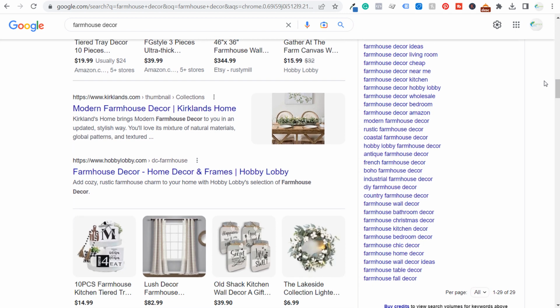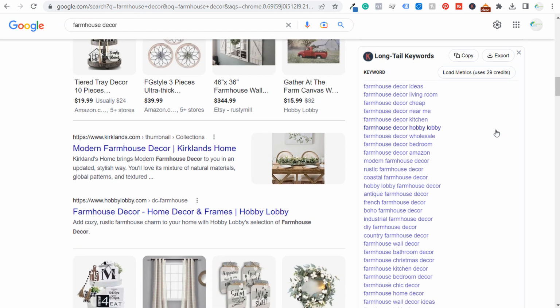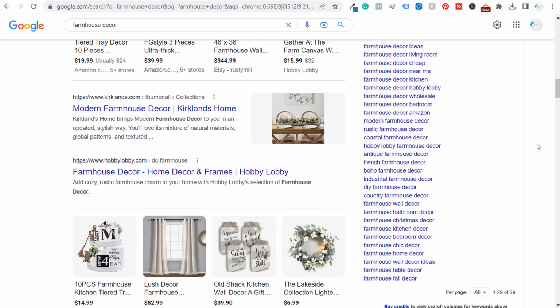keywords. If I want to rank for the keyword farmhouse decor, I need a page on my website for fall, table, wall decor, chic, bedroom, kitchen, Christmas, bathroom. We have wall again here, industrial, boho, French, antique, coastal, rustic. All of these are keywords that I need to start focusing on, and I need to make sure I have a page on my website for all those different keywords, because if they're listed here for long tail keywords, 29 total ideas, those are keywords that have actual search volume that people